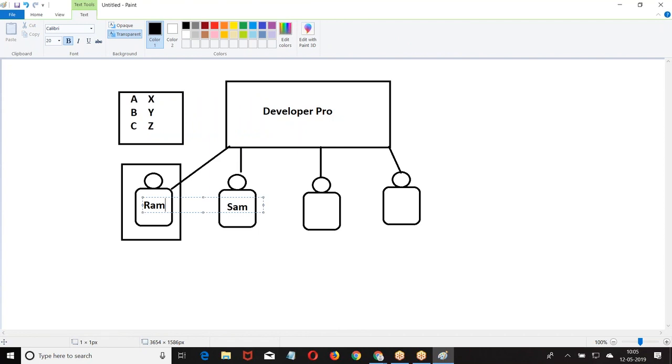Now Sham has developed some code, Ram has modified the same page, then the code is not working properly, I want to revert back to the old code. Then in the developer console, version control is not available. In the developer console, there is no version controlling. If you want to use version controlling, we go with external tools, maybe Eclipse with Git. The reason why we go to Eclipse, to the Force.com tool, is to maintain version controlling, because whenever we make a development from the developer console, there is no version controlling.